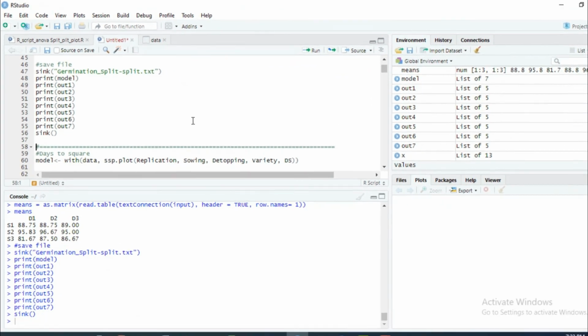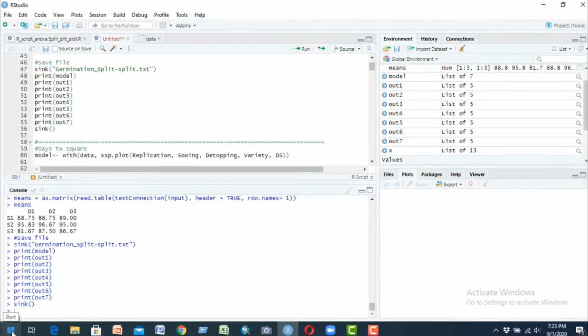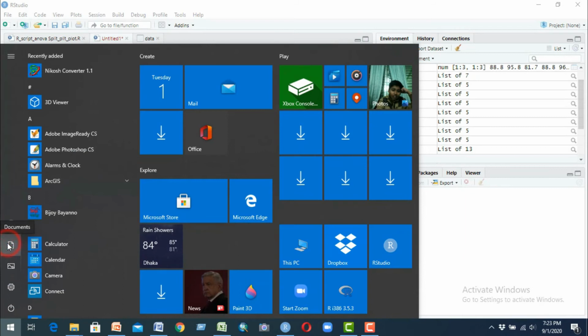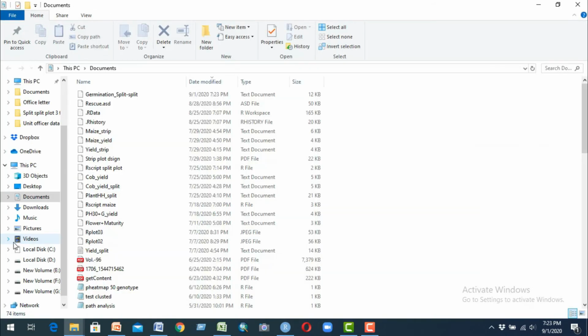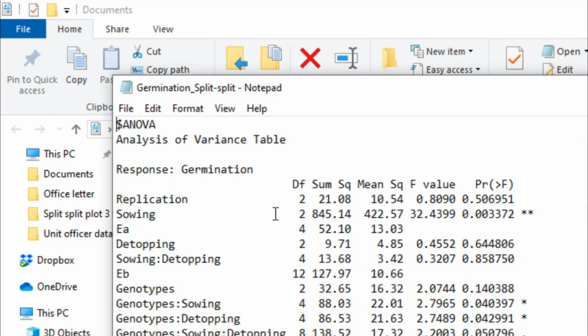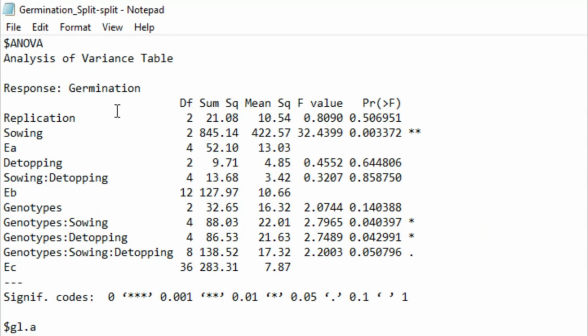Now we can open this file. First we can open our document file. Okay, it is split germination, split data. Now we can open this. It is our analysis of variance table, that is response variable.